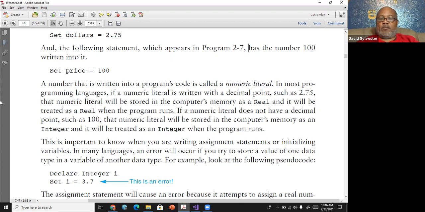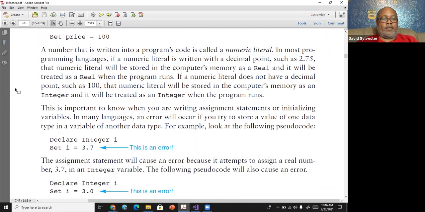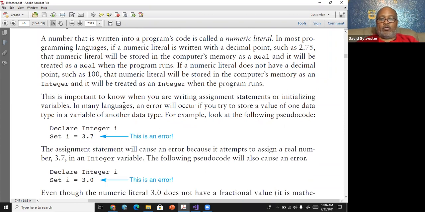Now, if a numeric literal does not have a decimal point, such as the number 100, the numeric literal will be stored in the computer's memory as an integer, and it will be treated as such. It says this is important to know when you're writing assignment statements or initializing variables. In many languages, an error will occur if you try to store a value of one data type in a variable of another data type.